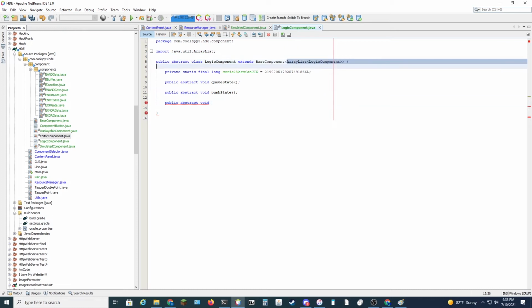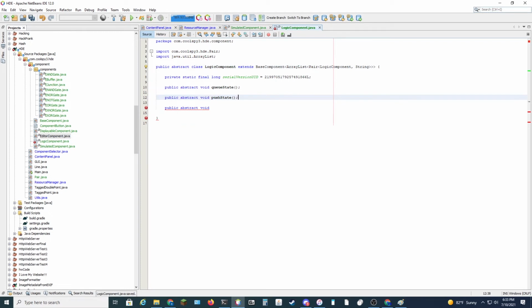So what if, rather than just having this, we have an array list of pairs of n, because it has to know on which port of each of these components it's attached to. So there we go. That's better. And now if we say